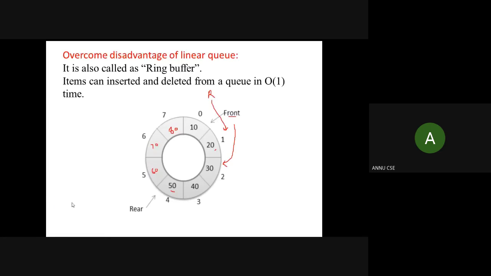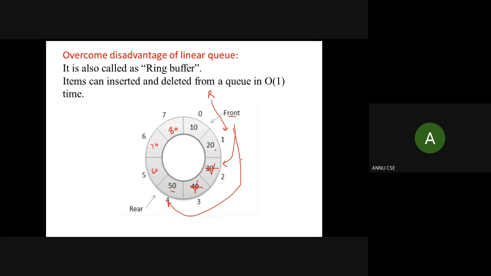Let me delete one more element from this full queue, and let's suppose I want to delete the next element. So you can see front is pointing to index number 2, so the first element to be deleted should be 30, and here in this case I have deleted 30. Again I want to delete one more element, and that element should be 40. So in this case the front index will be pointing to index number 4, and here you can see rear is 1 and front is 4, but this is not an overflow condition.